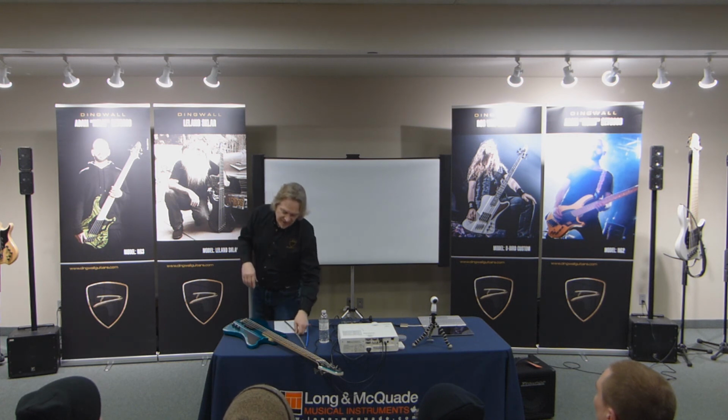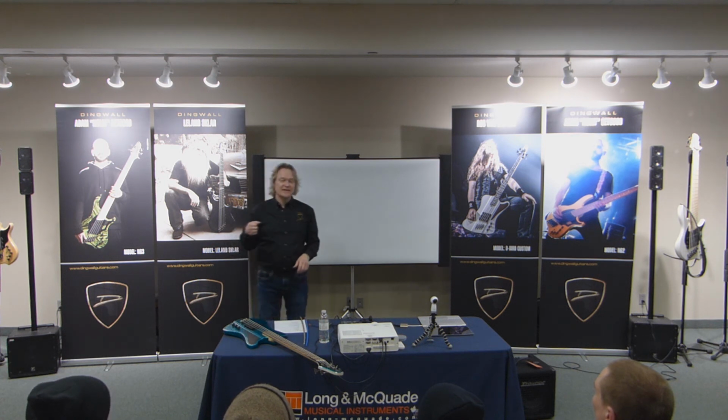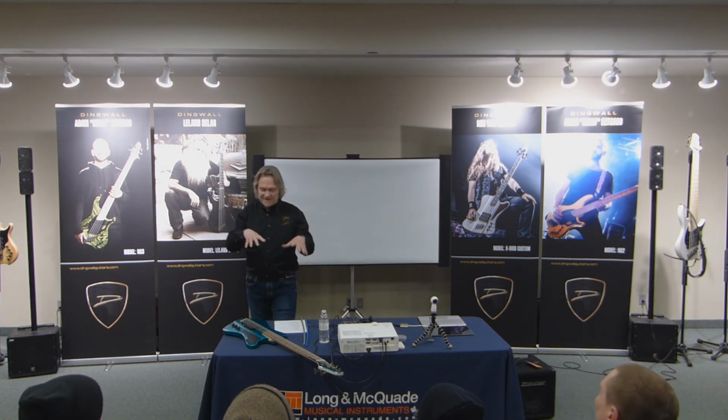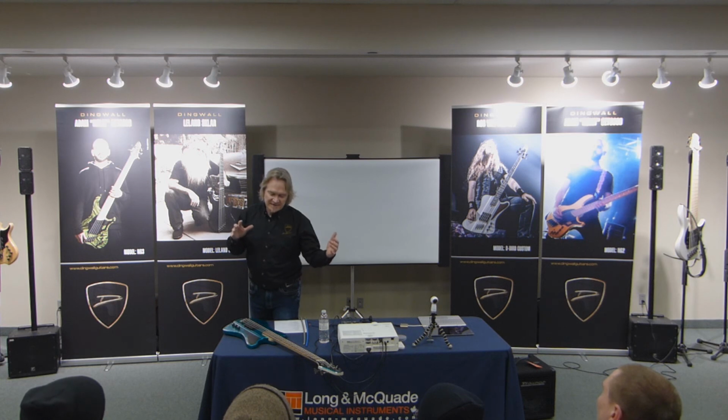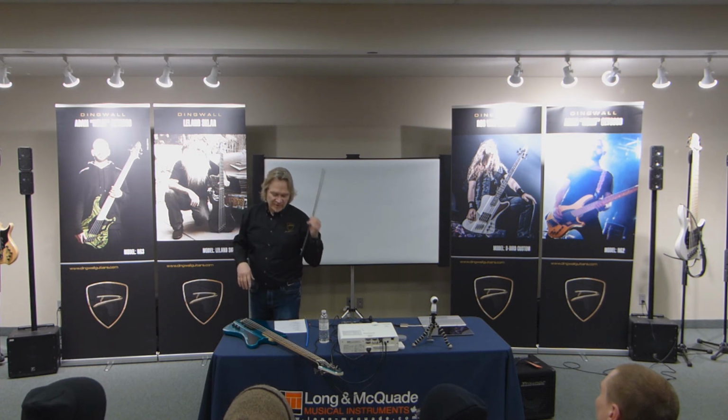So if you've got a truss rod that's clamping that wood, and let's say you're on an outdoor stage and it's a cloudy day, have you ever noticed when the sun comes out, all of a sudden your guitar goes out of tune? That's because the neck is starting to warm up and the wood is shrinking, the metal's expanding. So with this style of truss rod, because it's independent of the wood, it will be much more stable. Fury guitars are known for being really stable, even on outdoor stages. That's one of the reasons why we use